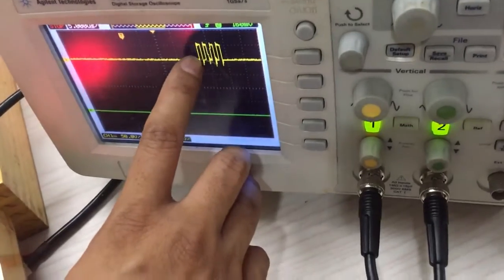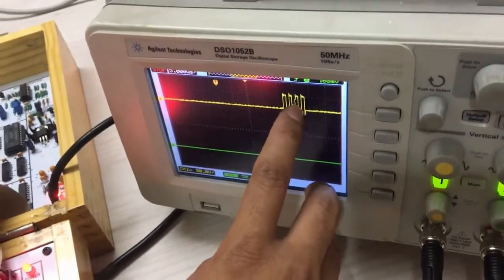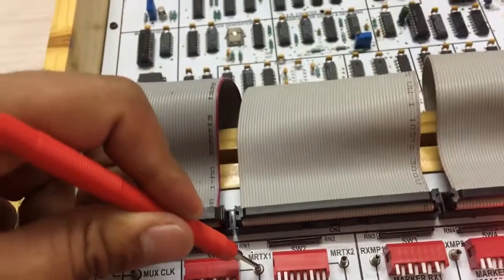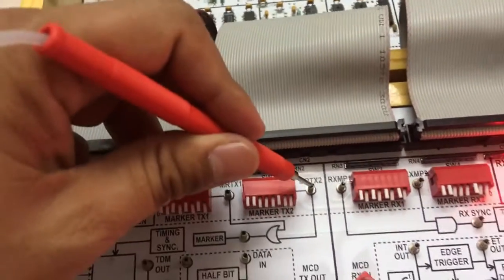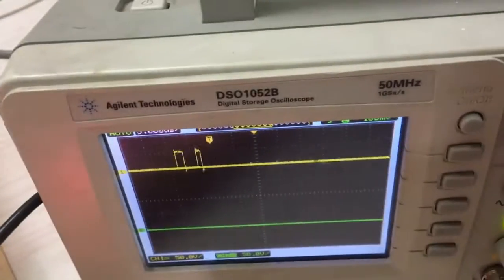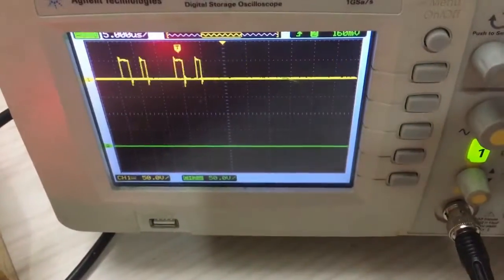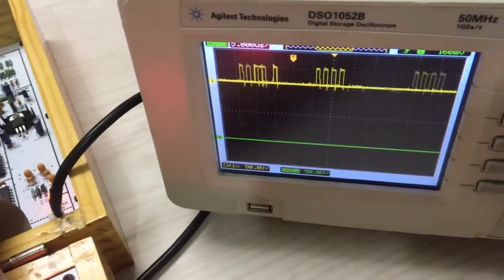This is 1 1 0 1 0 1 0 1 0. If you will see it, I have applied it same here, 1 0 1 0 1 0 1 0. So similarly I can check marker 2 like this. And combined marker over here, just you can see here.